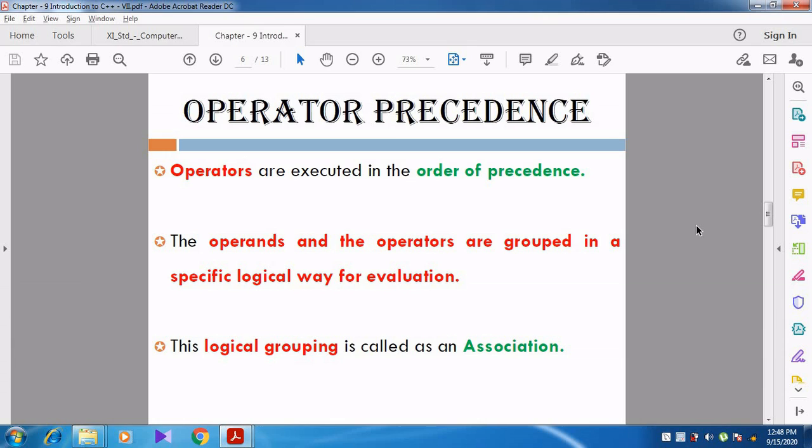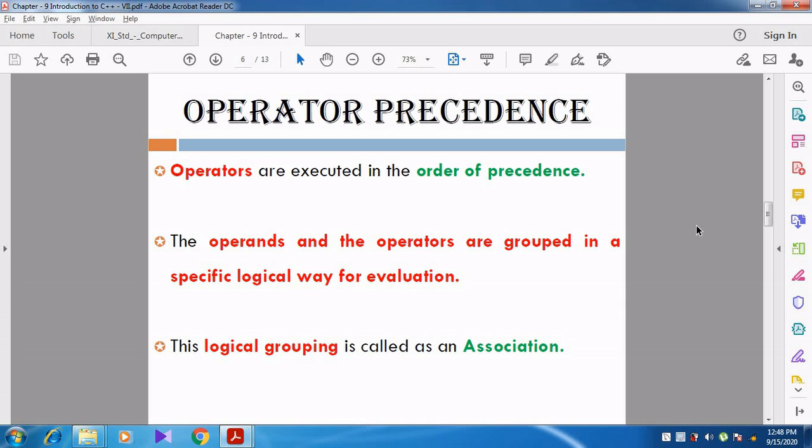That is, whatever is inside the brackets should be evaluated first. Then you give priority to division first.